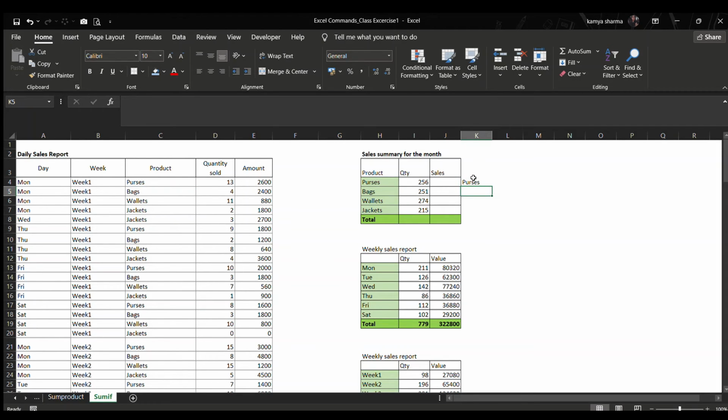If we move downwards, you can see that it is changing. Column C is fixed but the row shifts to 5, then 6, then 7 and so on. And if we move rightwards, it won't change anything. It would be C4 only, because we have fixed the column.